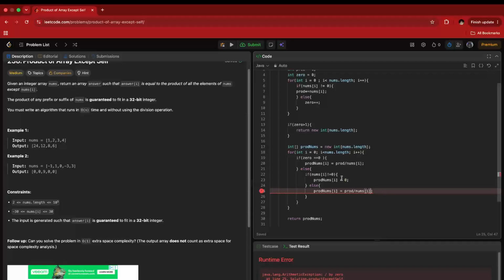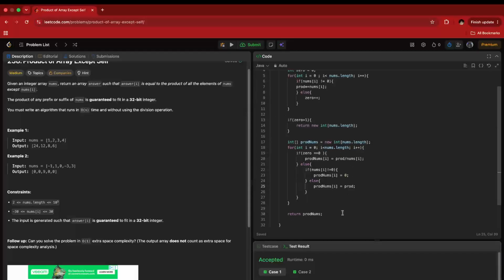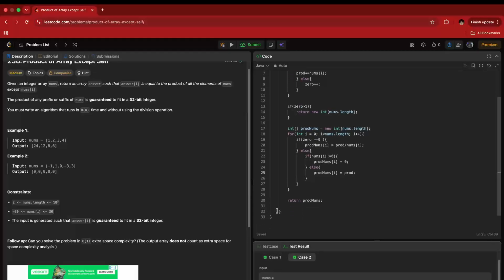If nums[i] is equal to 0. Oh, actually, nums[i] is equal to 0. Not that part is correct, but if it is equal to 0, not divided by nums[i], we just simply return prod. We cannot divide by 0. So if it is equal to 0, we will basically return the product, not divided by something else. Yeah, that's basically the